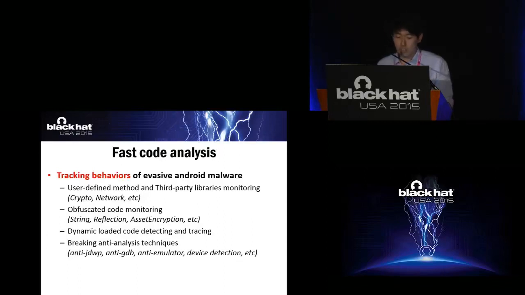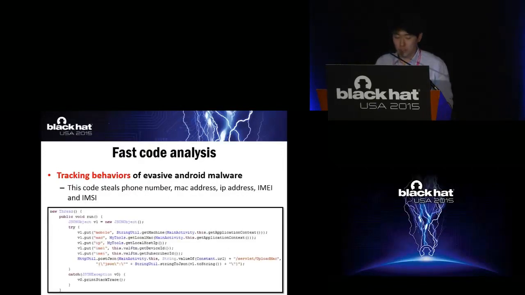And we analyze the code stack to analyze correlations between code methods. With hierarchical structure analysis of a code stack, you can trace code protected by some obfuscation techniques, such as string encryption, method invocation hiding, and class encryption. Many commercial protectors for Android applications use these obfuscation techniques to protect the app's code. And also, I'm going to tell you later that you can get over dynamic loading attempts and anti-analysis techniques with text injection technique. From now, I'm going to trace the behaviors of evasive Android malware with some real malicious sample